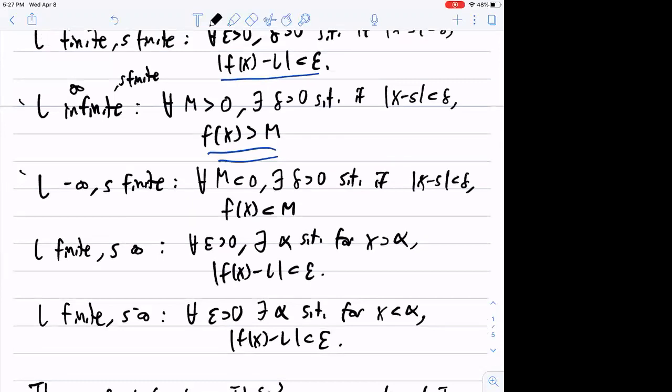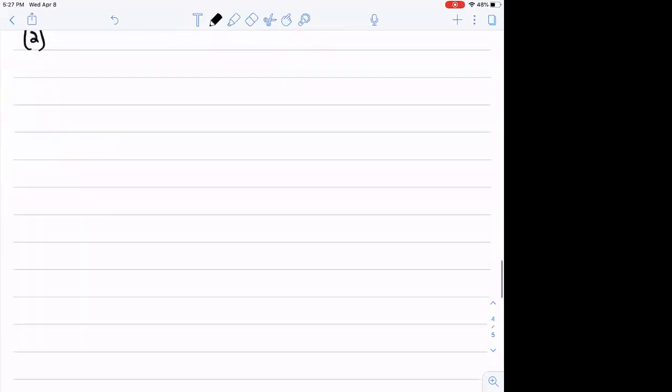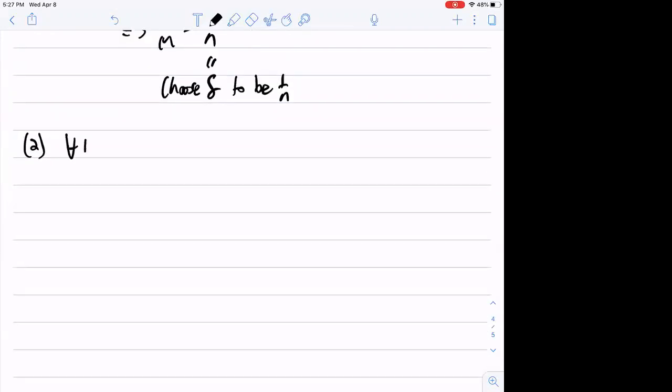So it's going to look something like, for all m less than 0, and so on. So let's write it out. For all m less than 0, there exists delta greater than 0 such that,